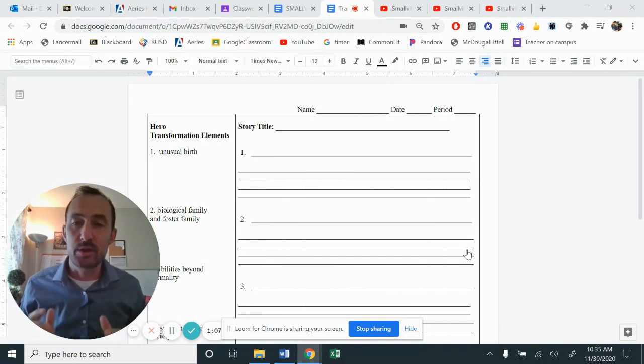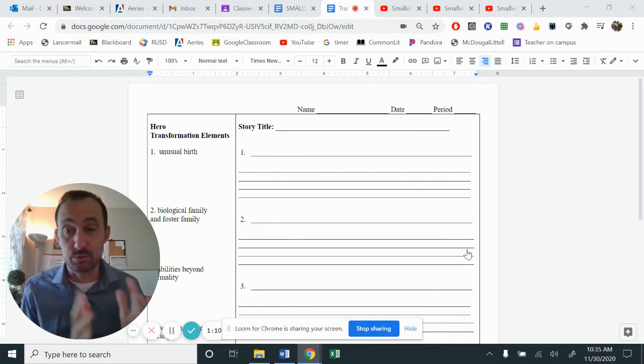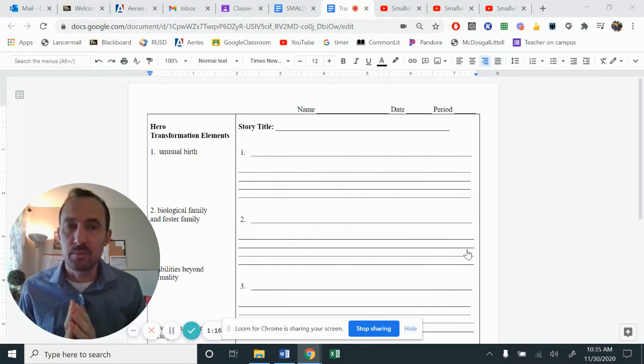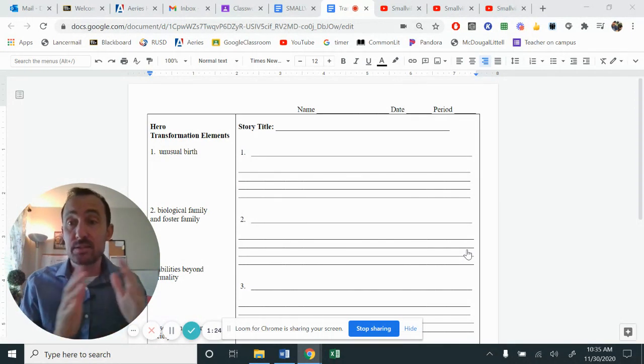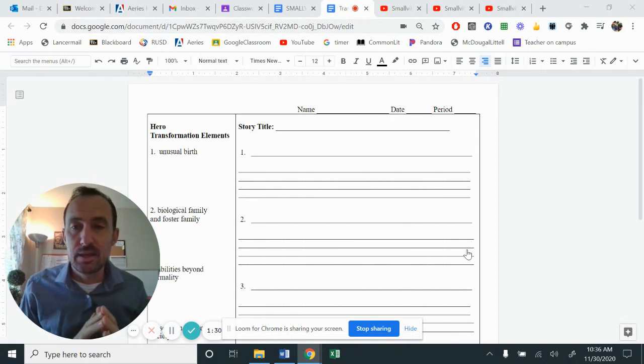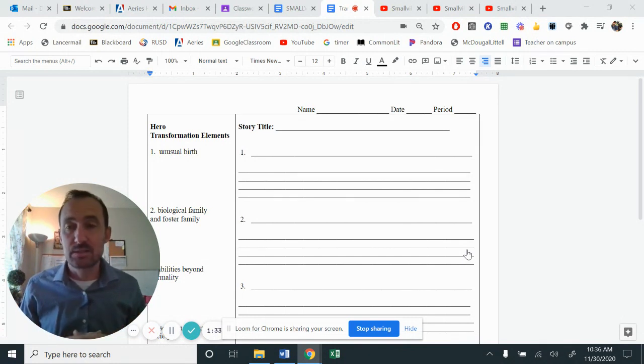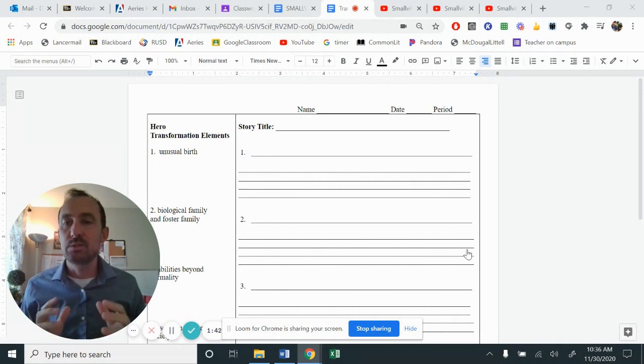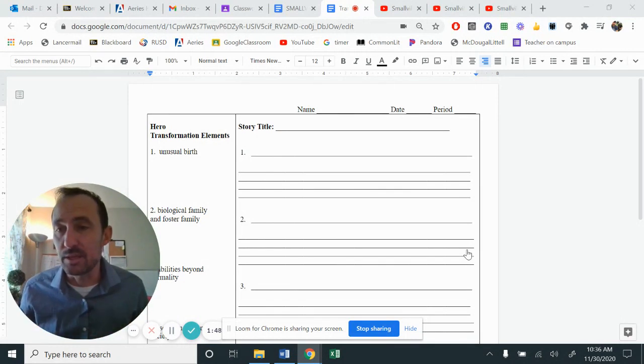For us today, before we actually start in on the hero's journey, we're going to look at what I call transformation elements. Transformation elements are characteristics, qualities, things that happen to a hero prior to them going into a journey, prior to them going on a quest. Some of these evolve during the quest. Some of them come out prior. Some of them are just part of the character's personality. But what you see here is certain characteristics that play into the hero.